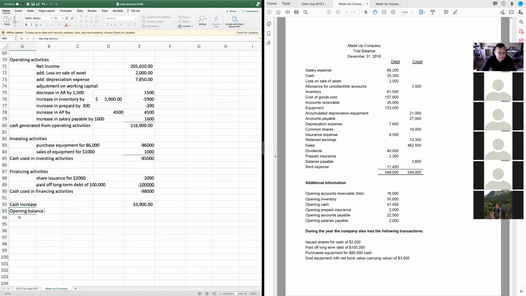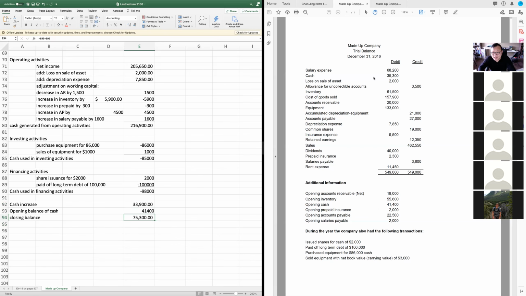Opening balance of cash. So the opening balance cash is this number, 41,400. 41,400. What's my closing balance? So I'm gonna add those two together. Your opening is 41,400 and the cash increased by 33,900. So my ending should be 75,300, right? But